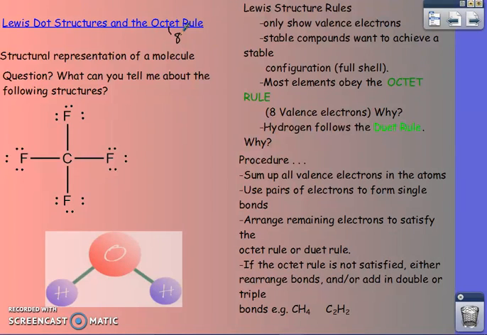Okay, so if you look at the two molecules that are on the board, we can see carbon tetrafluoride, and we also see the water molecule. I've given you some different pictures, but this is the one that we are going to mostly work with. I think this is the easiest one for you to see. So these electrons right here, there are 2 pair of electrons. And so each one of these lines represents